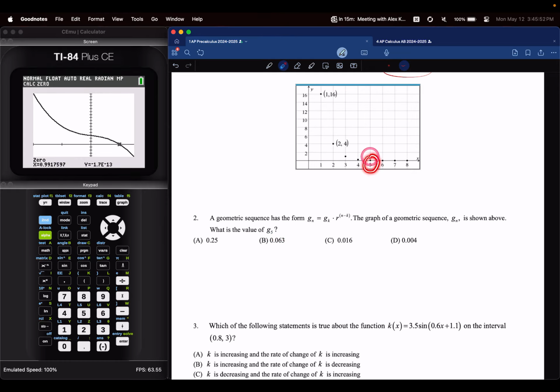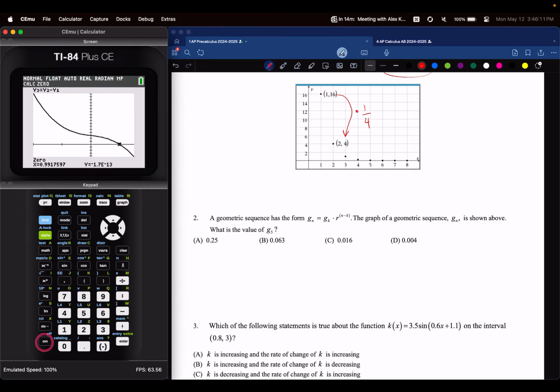So the 5th value is that one right there. All of those, if you eyeball it, are going to be kind of hard to find. So it's better to look for the pattern here. In the pattern, to get from this 16 to this 4, I am multiplying by 1/4. So if I'm multiplying by 1/4 every single step, I can simply say, okay,